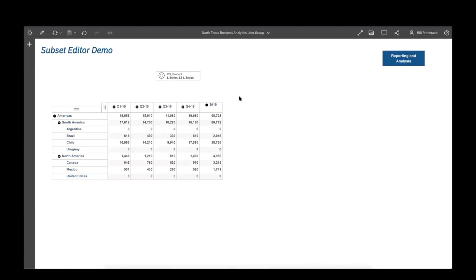So something specific that I want to focus on in my reports, or maybe something specific I want to focus my FP&A team, my planning team for marketing or sales on. So instead of having them see everything in the list, I just need them to focus on things that are performance-based. So that's how you can go in and leverage your set editor and all the new capabilities in there